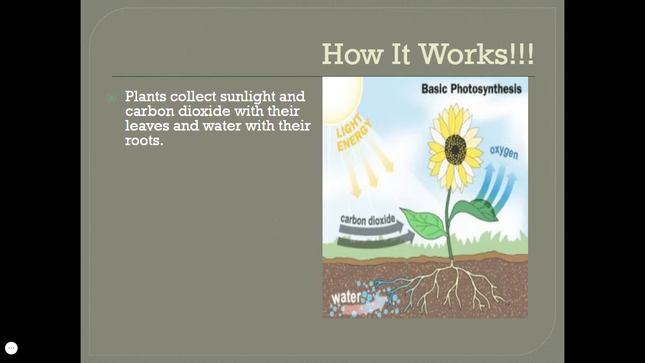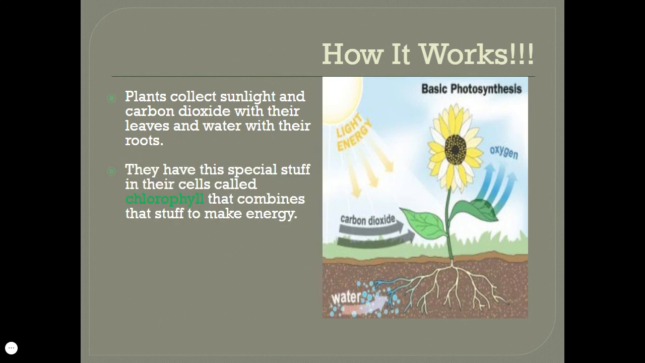So here's an image showing how it works. Plants collect sunlight and carbon dioxide with their leaves and water with their roots. They have this special stuff in their cells called chlorophyll that combines that stuff to make energy. That chlorophyll can be found in the chloroplasts that we just talked about. Plants release oxygen as waste, which is something we really enjoy. We really like plant waste because we